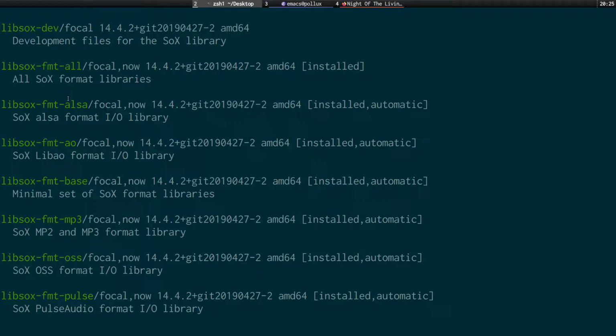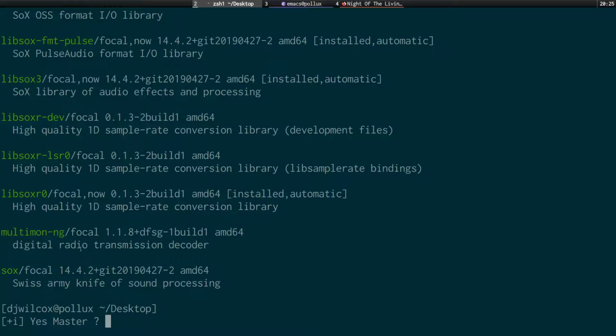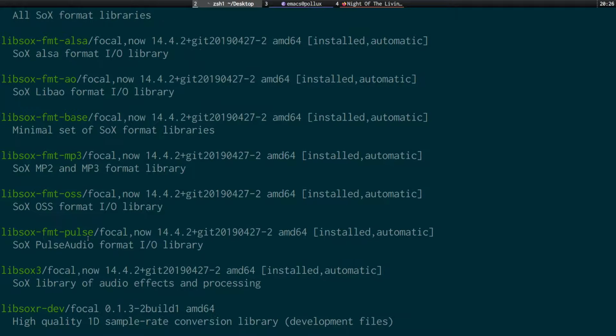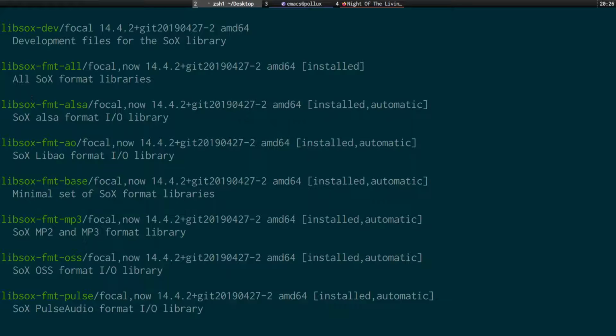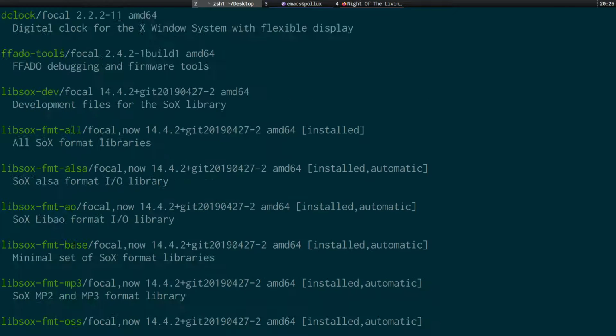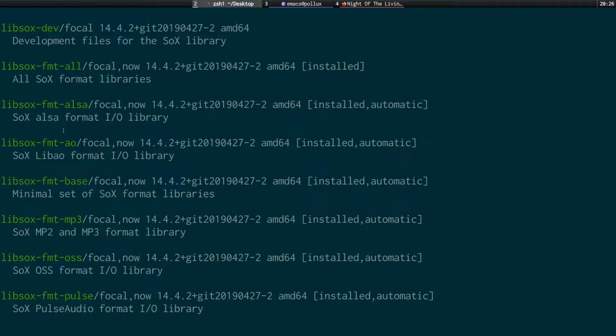Yeah, so that's the other thing. With sox, there are some meta packages. So what you can see down here is you've got sox, the actual program, but then what you also have down here is these meta packages like format-alsa, base, mp3, oss, pulse. So from memory, what you need to do is actually install sox and